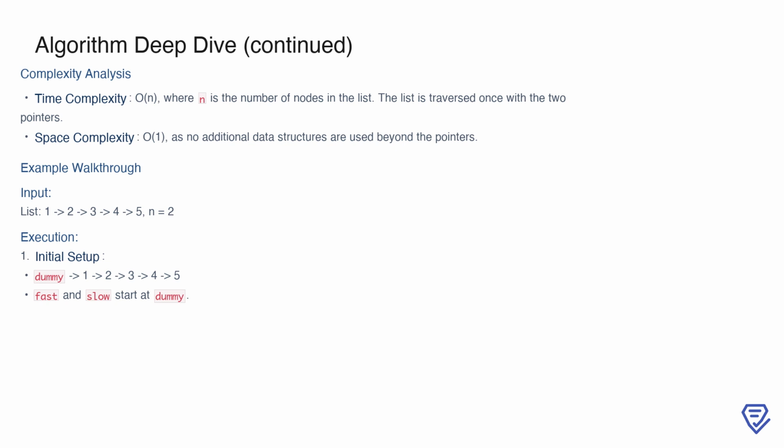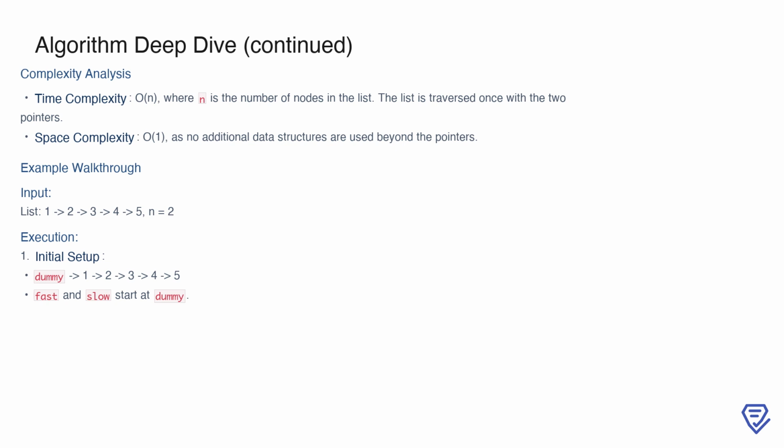To illustrate the process, consider an example where the input list is 1-2-3-4-5, and n is 2. In the initial setup, we create a dummy node and link it to the head of the list. Both the fast and slow pointers start at the dummy node, which simplifies edge case handling and ensures the algorithm